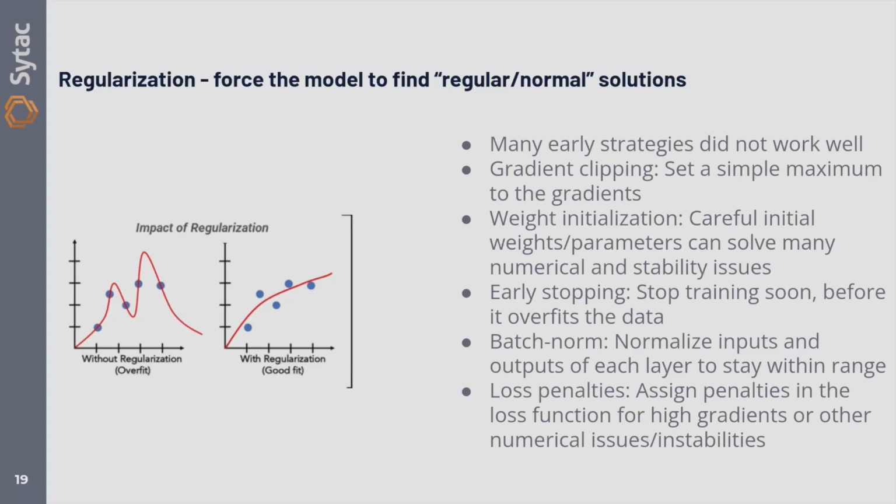So gradients can grow super large or super low. A simple solution is gradient clipping: set a maximum, and that works very well. Models go very fast off the rails depending on the initial weights that you have, so good weight initialization is very important. You can make sure that the model doesn't overfit your training set by stopping earlier. This is a somewhat older solution. I'm not a fan of this, because if you have to do early stopping,